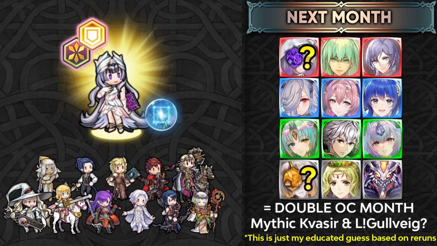So I do expect a new Mythic unit and a new Legendary unit. And probably Quasir is going to be our new Mythic unit as a Dark Mythic because it's going to be a year at this point since we got Embla as our last new Dark Mythic unit. And then I do think that the regular Gulvig could be a Legendary unit because she's the final form essentially. And she also has the cohort text in her weapon, which kind of hints at a Legendary unit because cohorts